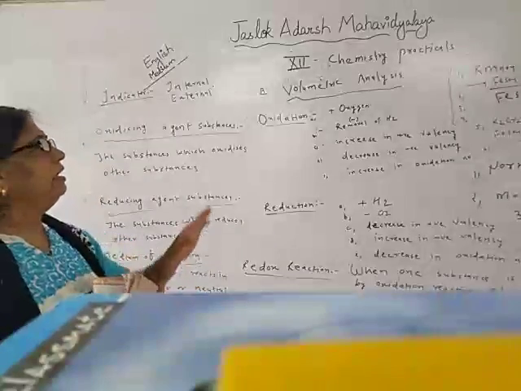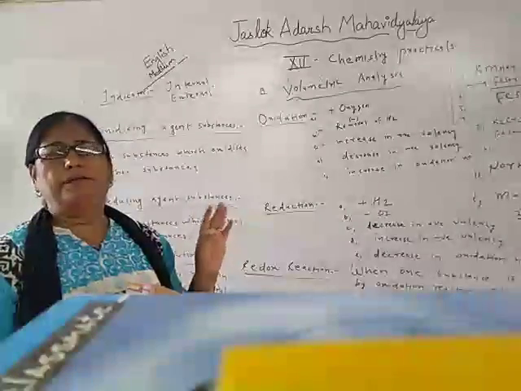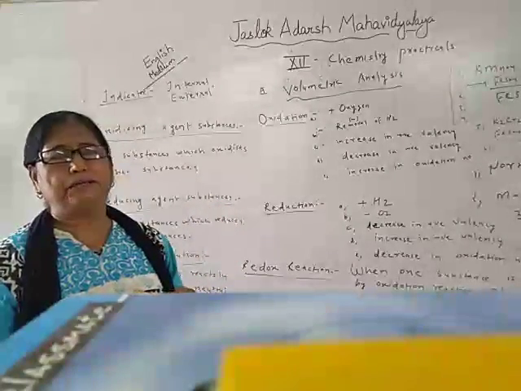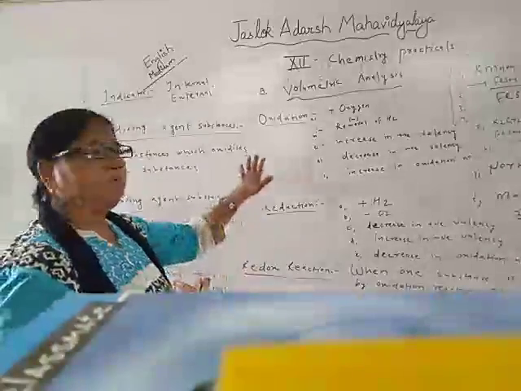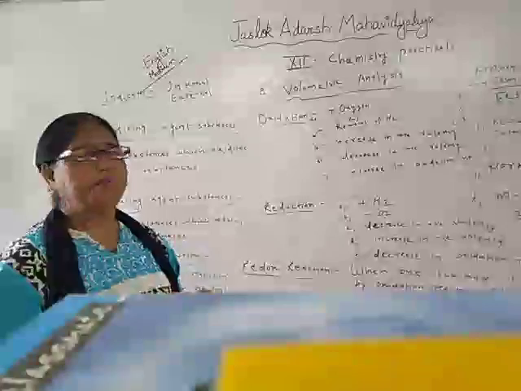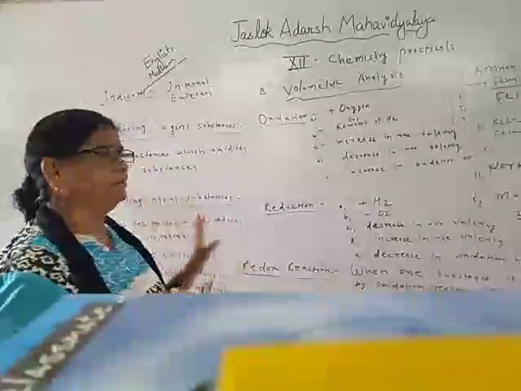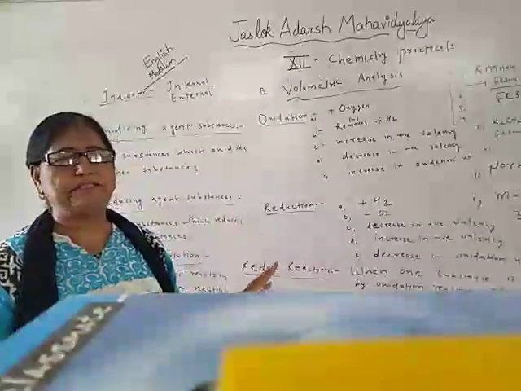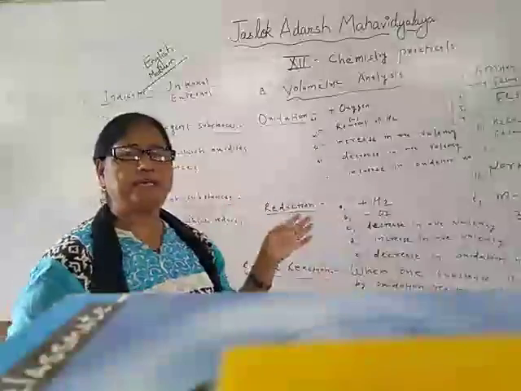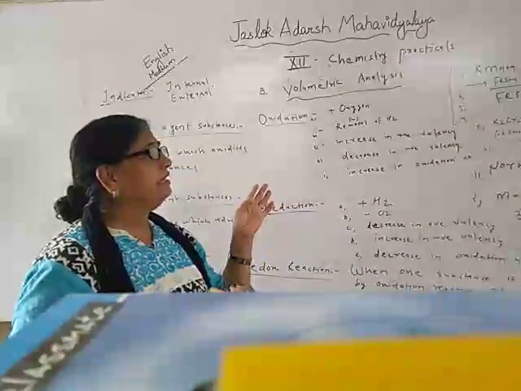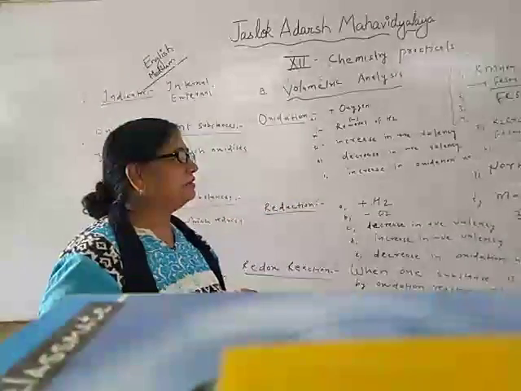So I taught you today the basic terms. So follow the basic terms. First of all, go through the redox chapter and understand what are redox reactions. Do some practice of those redox reactions and understand the terms oxidation, reduction, redox reaction, oxidizing agent, reducing agent, indicator, and the solutions, how they work as an oxidizing agent and how they do the work of a reducing agent.